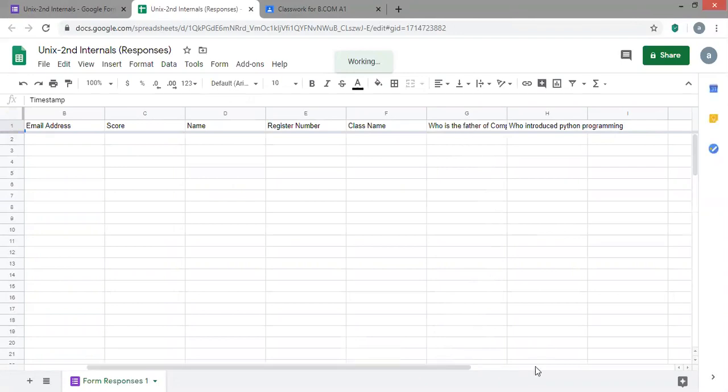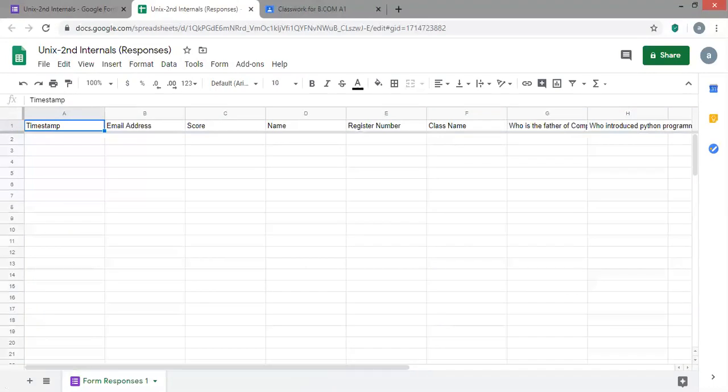So each and everything will be documented in the Excel sheet itself. So we don't have to worry about the valuation part here. So this is how you can make use of your Google Forms to create MCQs and give internals to the students. So thank you.